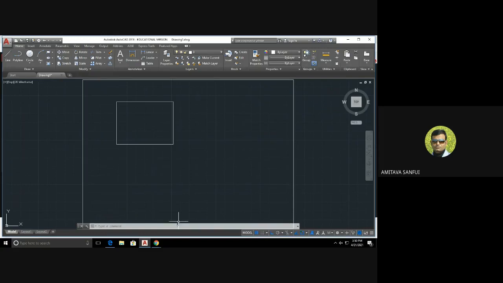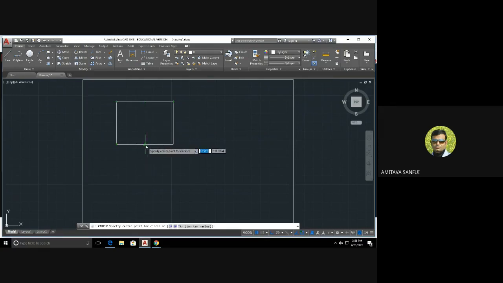Now the next command, I can use circle. Now see, if I move the cursor, this is the significance of the OSNAP command. See, this is the center point of the circle, the midpoint of the 2 lines. This line has been selected here automatically. This is the intersection. This is also the intersection. This is the midpoint. This is the endpoint. See, this symbol is for the endpoint. This symbol is also for the endpoint.